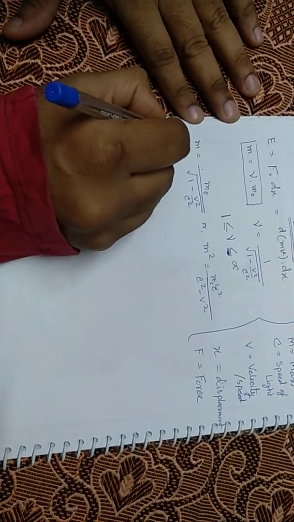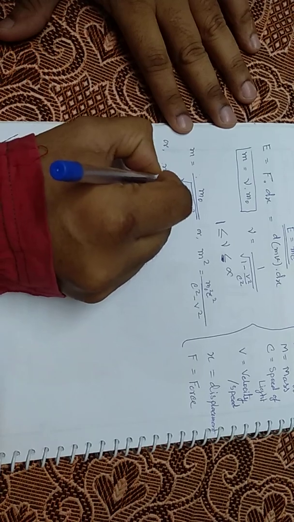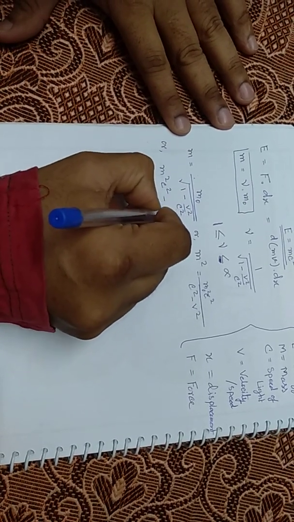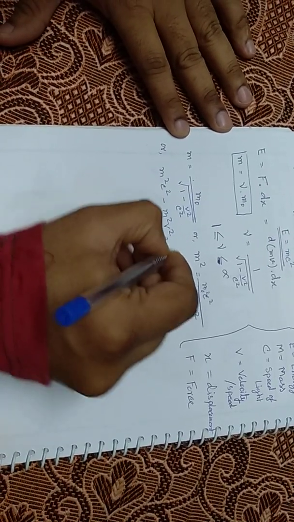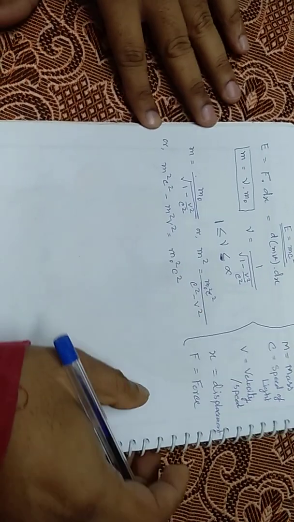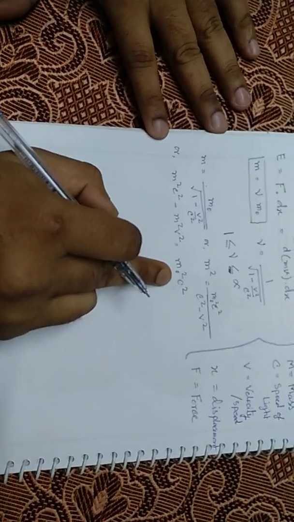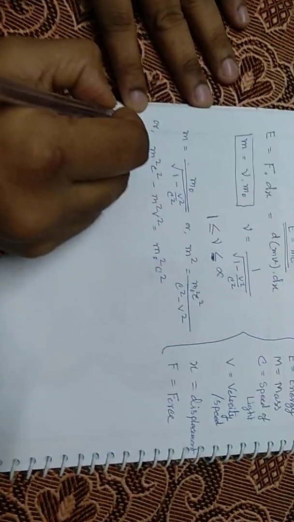Now we can write m square c square minus m square v square is equal to m0 square c square. Now if I differentiate both the terms, then we have